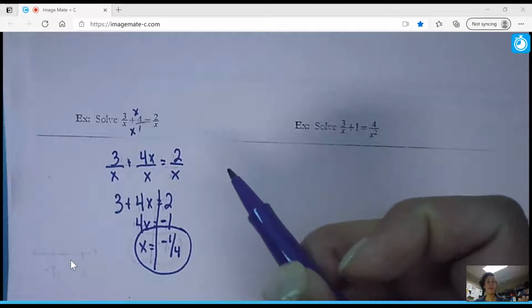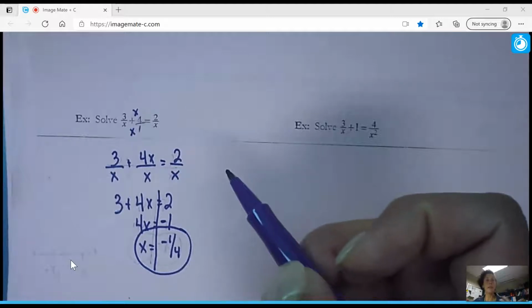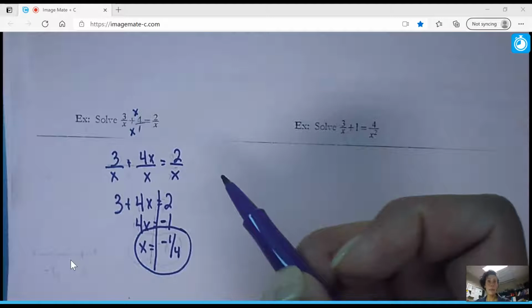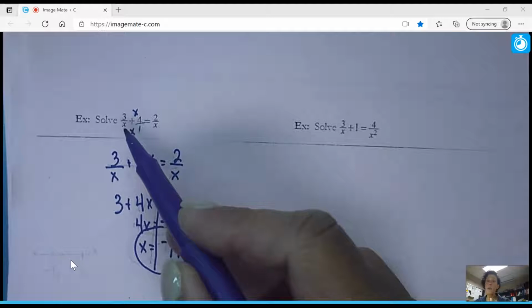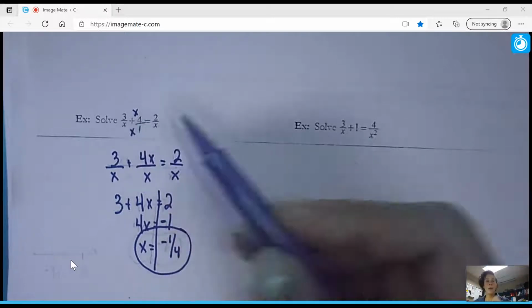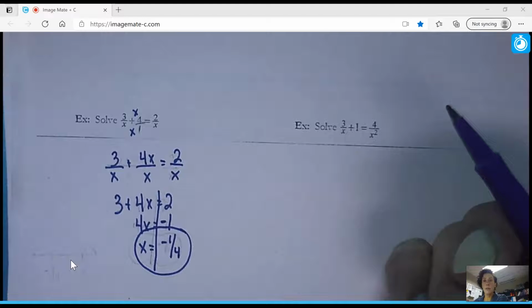And we heard that word in the last chapter, extraneous solutions. You might get an answer, but if you put it back in, it doesn't necessarily make that answer work. All right? So if I put -1/4 back in my problem, the main thing I'm worried about is, will it make the denominator 0? And it won't make this denominator or this denominator 0, so this is a good answer. All right,